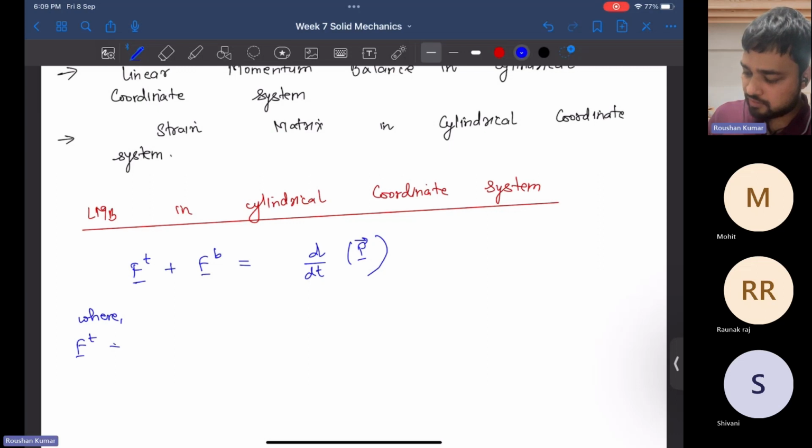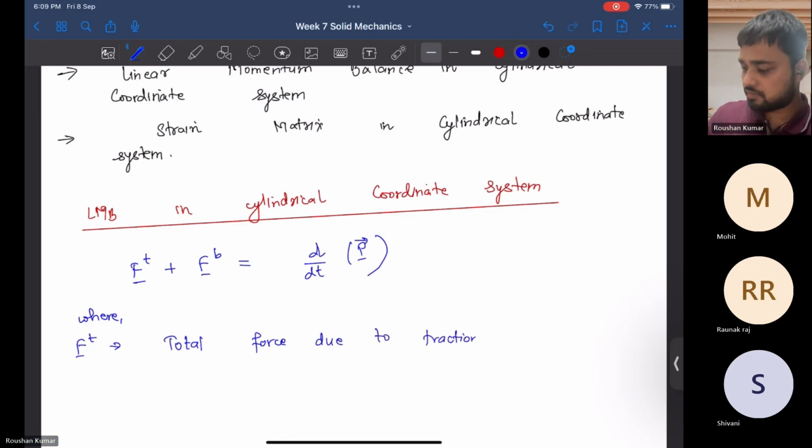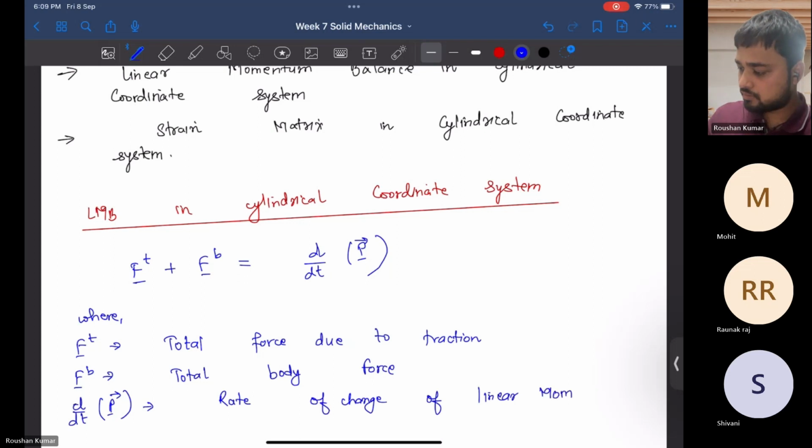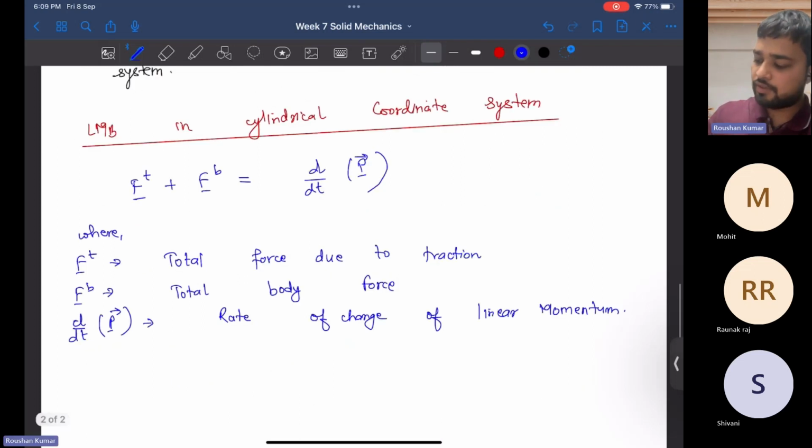where Ft is the total force due to traction, Fb is the total body force, and the third expression, d by dt of P, is the rate of change of linear momentum. Here Ft is given by